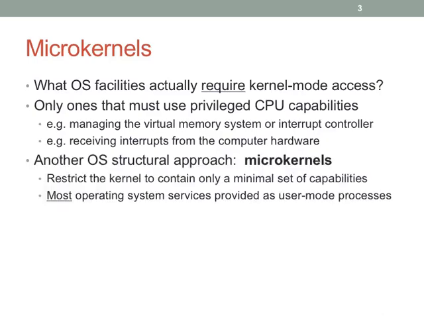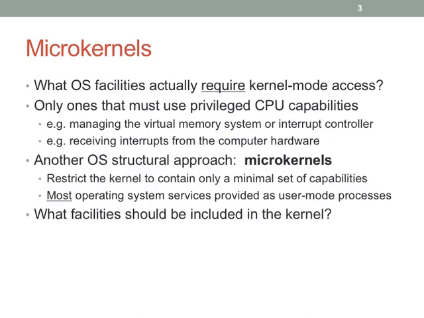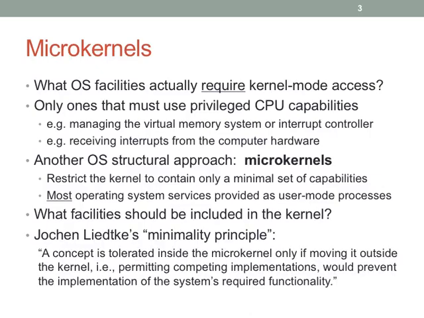Okay, so the OS structural approach that is really clean and very pure from an abstract and architectural standpoint is the microkernel architecture, which basically says I want to only have things in the kernel that really need to be in the kernel. And so basically anything else that the operating system provides is a user mode process. That's just the rule. Okay. And so the question is, what should you actually have inside the kernel? Typically, it's narrowed down to basically 3 things. And the rationale for it is provided by this minimality principle.